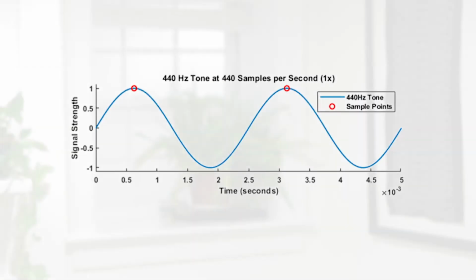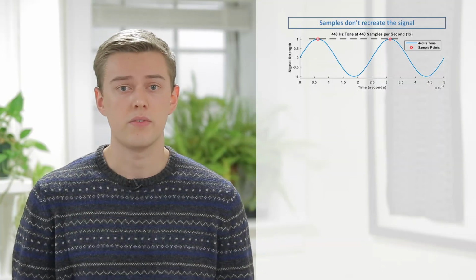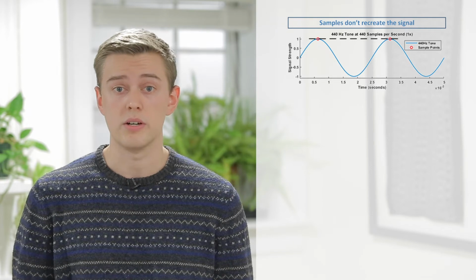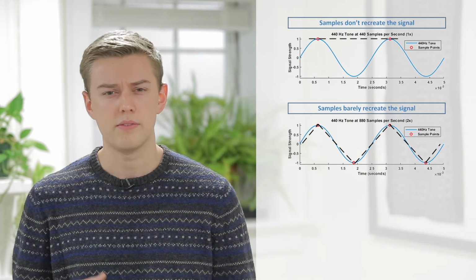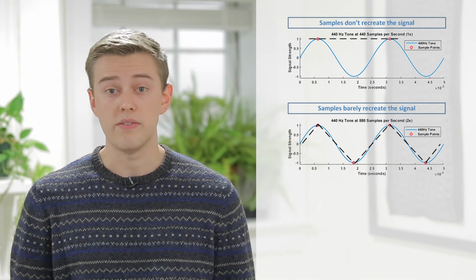Now let's look at this in more detail. If you play a piano note and want to sample it with an ADC at the same frequency as that note, this is what it looks like. Now imagine that we have several samples that we want to use to reconstruct the piano note digitally in our computer. It just looks like a flat line. But if we sample twice as fast as that piano note, we can crudely recover the information we want. But if we go even faster, we get a way better looking wave.